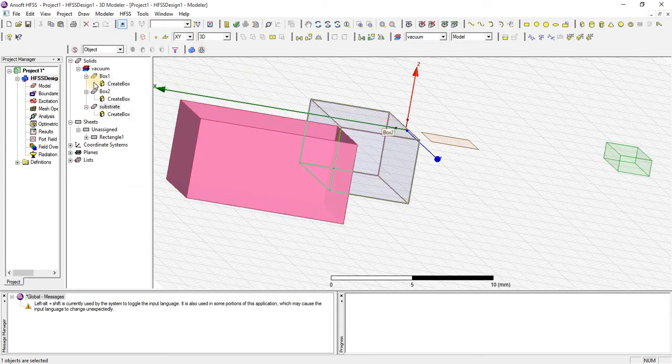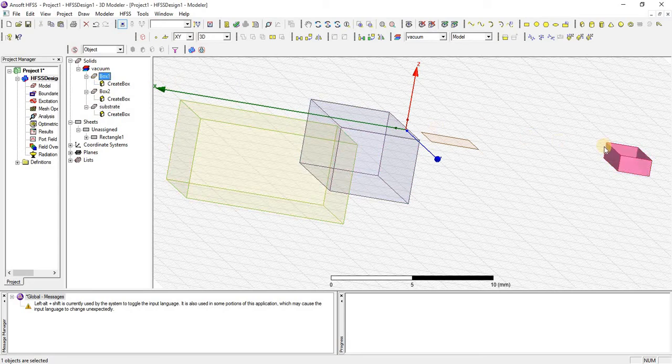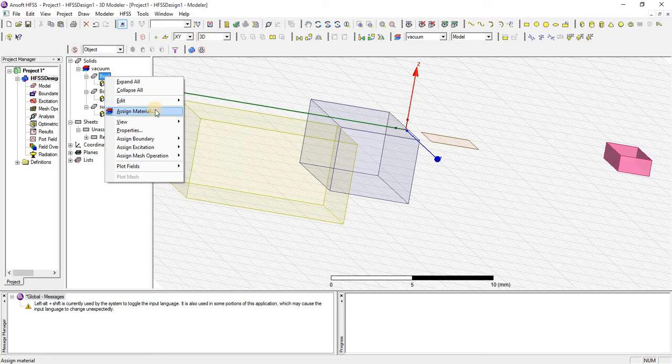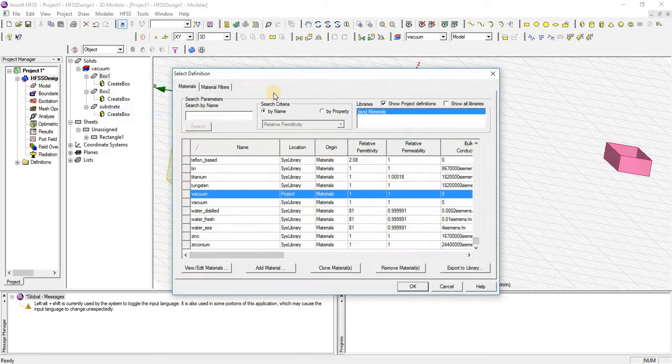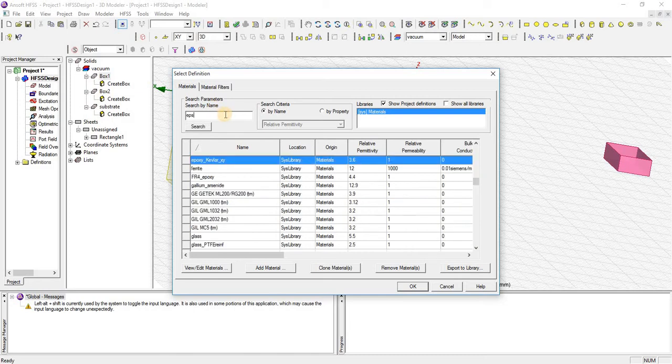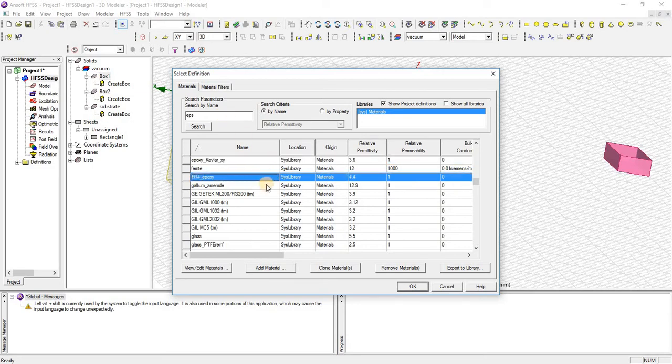Whatever object you want to assign a material to, for example box 1, right click and assign material. Here is the library of HFSS. For example, I am going to assign that material to the object.